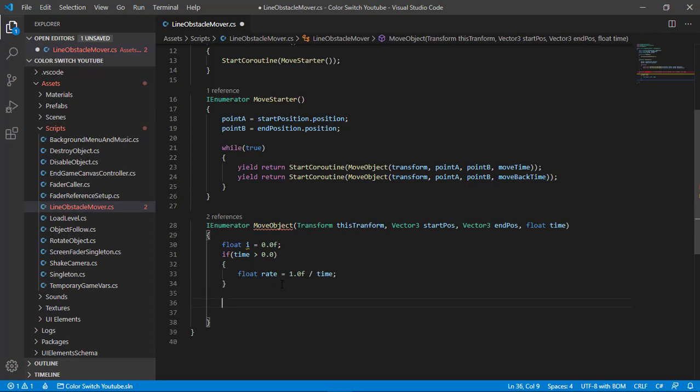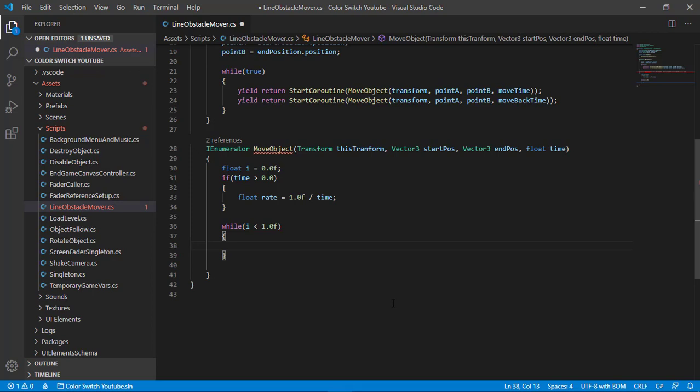Okay, then we need a while statement. I is less than 1.0. So this statement will go on executing. It will continue to execute until I is less than 1.0, like until I is less than 1. Okay, so I plus equal